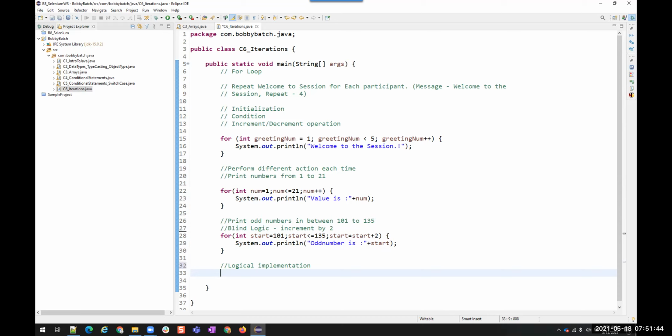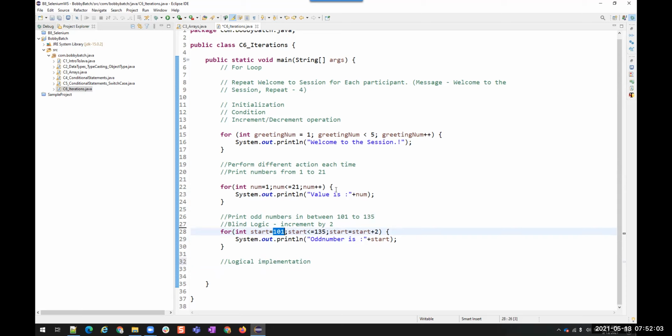If the remainder is 0 when divided by 2, then it is an even number. So we have to divide the number by 2 and check if the remainder is 1. If the remainder is 1, I print it. If the remainder is 0, I don't want to print it. Understood? That is the logic, right?